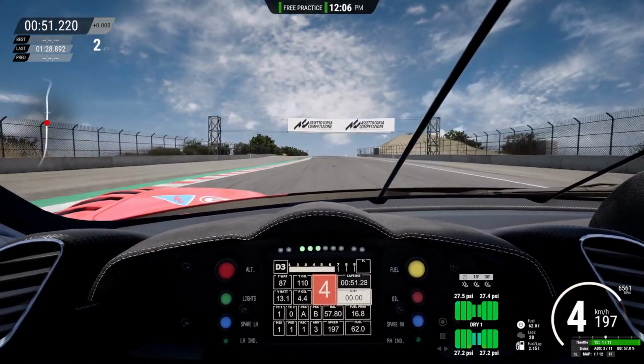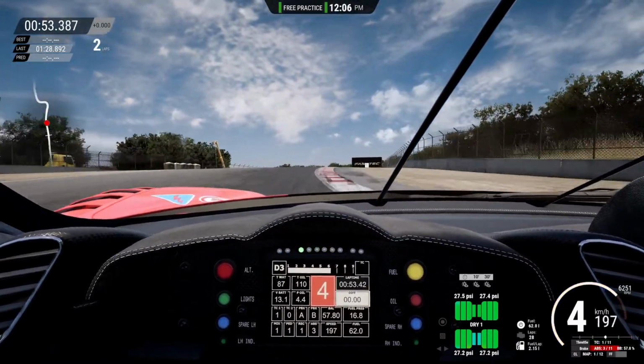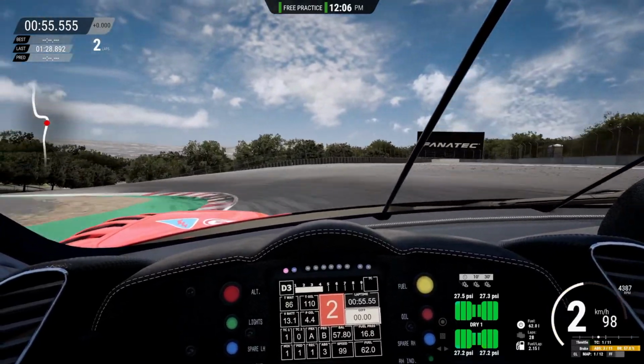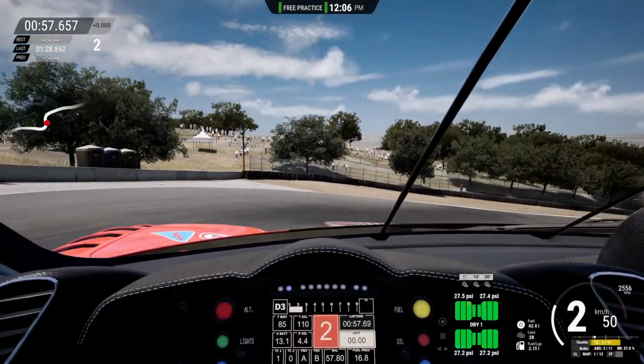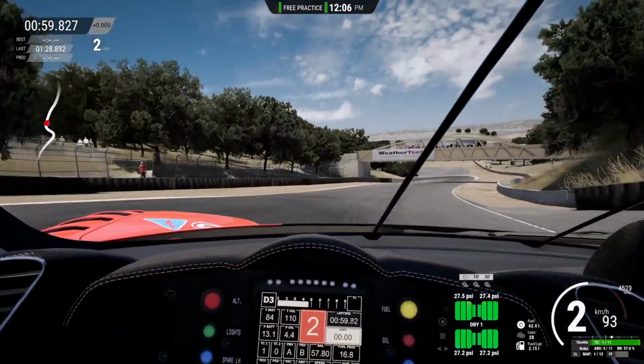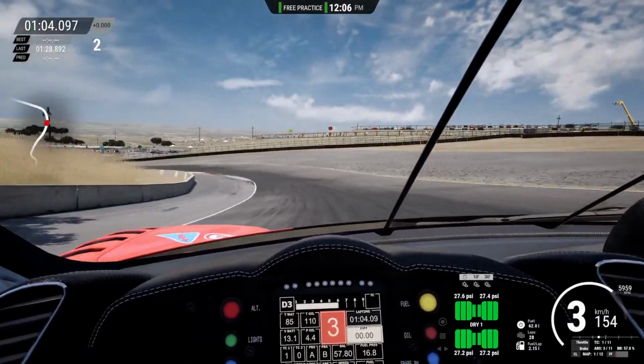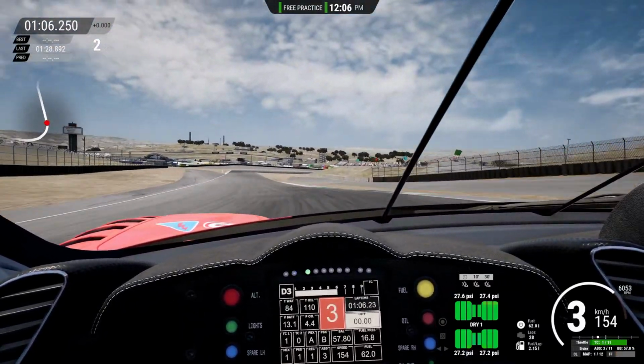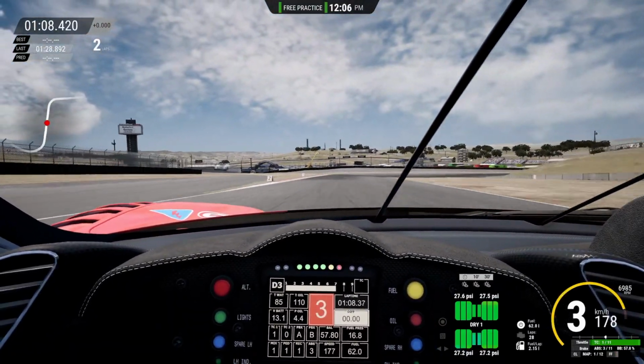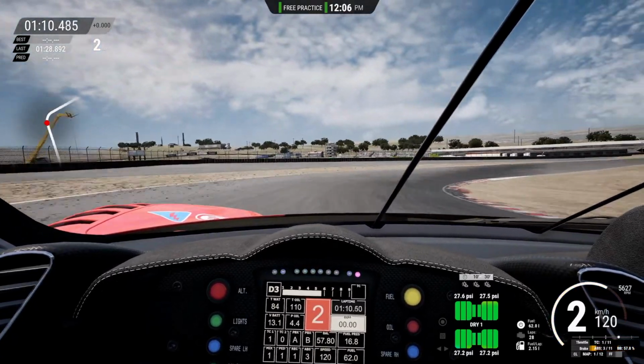Get your corner. Alright. Brakes on this one is okay, like 296. Brake a little bit.